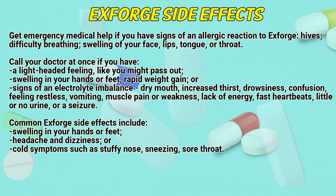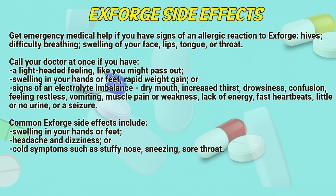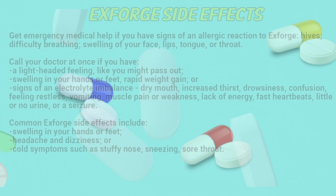Common Exforge side effects include swelling in your hands or feet, headache and dizziness, cold symptoms such as stuffy nose, sneezing, sore throat,